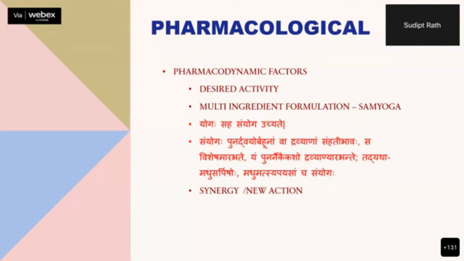फार्माकोडायनामिक फैक्टर्स में वो आता है कि आप क्या मुख्य कर्म कराना चाहते हैं, क्या वो योग में आप वैसे इंग्रेडिएंट डालें कि नहीं डालें। और जब आप मल्टी इंग्रेडिएंट फॉर्मुलेशन करते हैं वो एक संयोग होता है, संयोग होने में तीनों चीज हो सकता है कि जो दोनों इंग्रेडिएंट हैं उनका जो मेन एक्शन था वो जोड़ के उतना ही निकाल लेंगे या उससे ज्यादा निकाल सकते हैं, या दे मे ऑल्सो गिव राइज टू ए न्यू एक्शन। तो ये हमको शास्त्र बोलता है: योगः सह संयोग उच्यते, संयोग पुनः द्वयोर बहुर्नाम व द्रव्याणाम सम्मति भाव स विशेषम आरभते।